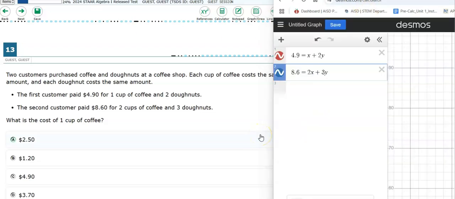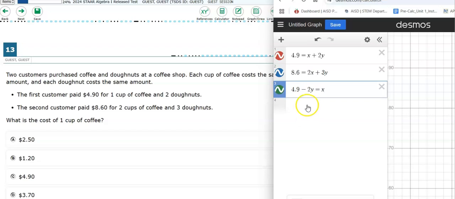Okay, so what I would do is, there's a couple ways we can do this. There's actually many ways we can do this. I'm just going to eliminate X first. So what I mean is I'm going to make the top one say X equals. So if I make the top one say X equals, that becomes 4.9 minus 2Y equals X. Great. So now that I know that X equals this stuff, I would replace the X in the second equation